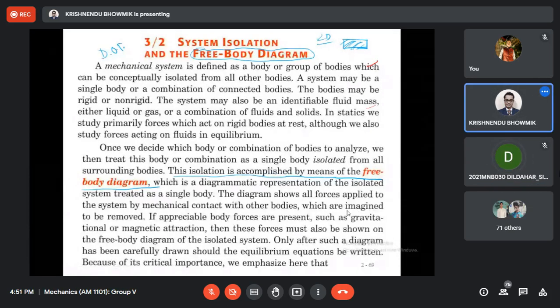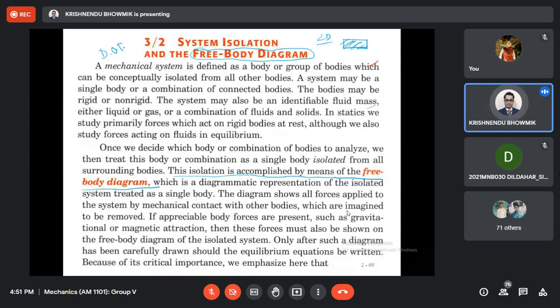What we told last time is that the important thing is the free body diagram. We have to isolate the problem given, then draw the free body diagram. This free body diagram is the most important single step in the solution of problems in mechanics. It can be applied in fluid mechanics, engineering mechanics, and solid mechanics also. There are some basic steps for doing this free body diagram.